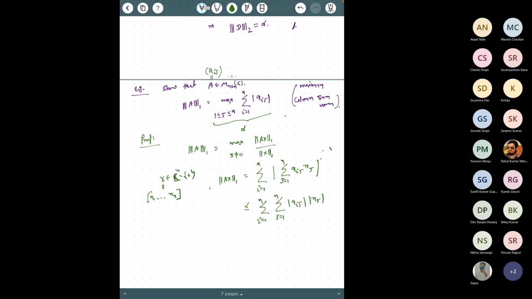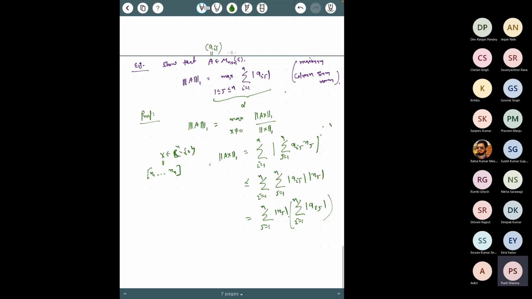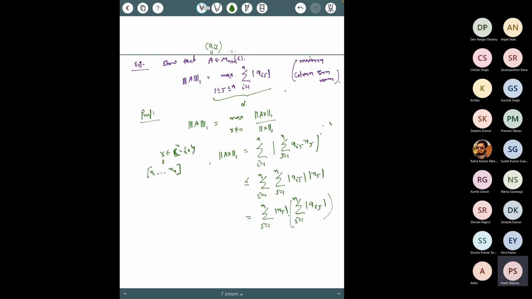Now I'll do the following. The same thing I can write in this way: I'll take the summation with j outside and summation with i inside. You can see that these two things are the same. I'll just interchange the summation, but nothing is changed. Now you can see for a fixed j, this second term is actually the jth column sum. If you replace this column sum with the maximum over all the column sums, which we are denoting by alpha,